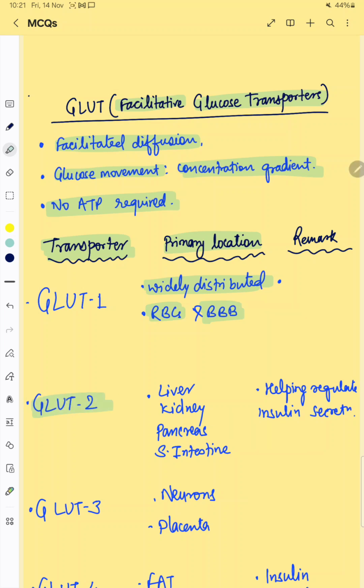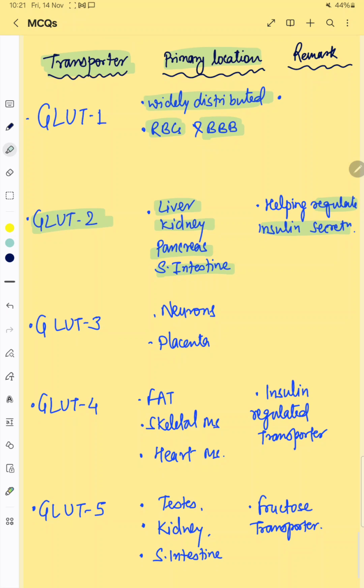Glucose transporter 2 is predominantly present on the liver, kidney, pancreas and small intestine. This glucose transporter helps regulate insulin secretion. Glucose transporter 3 is predominantly present on neurons and placenta. This transporter has high affinity for glucose, and that's why it helps to maintain a steady level of glucose